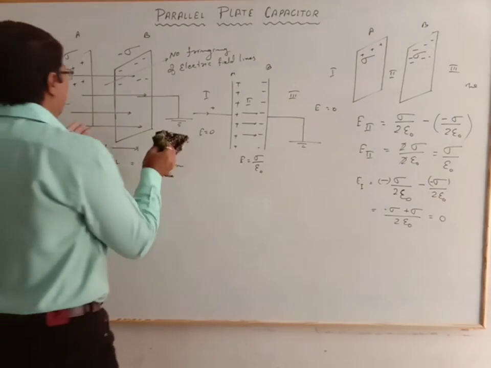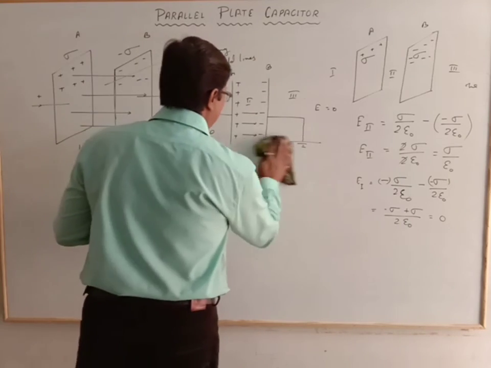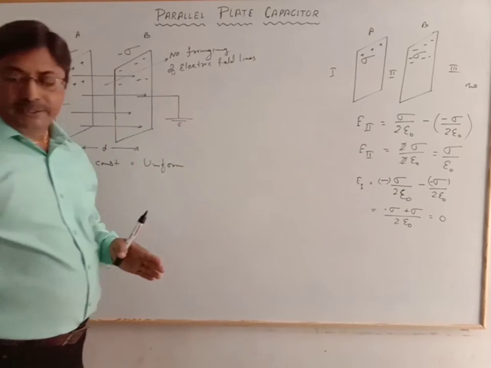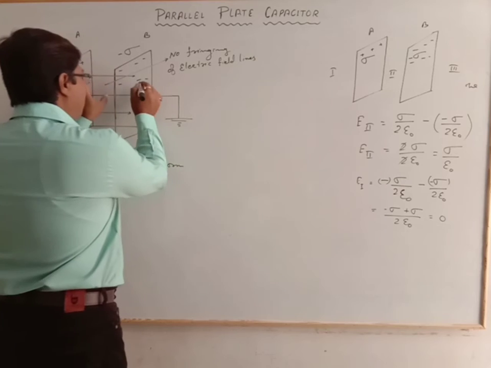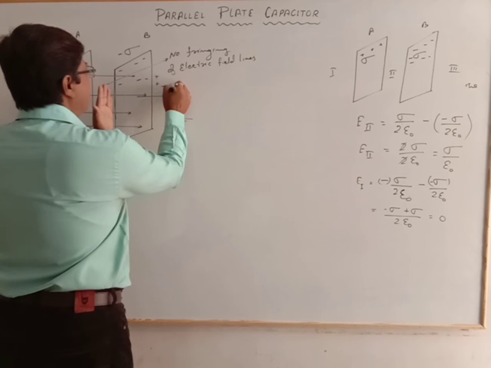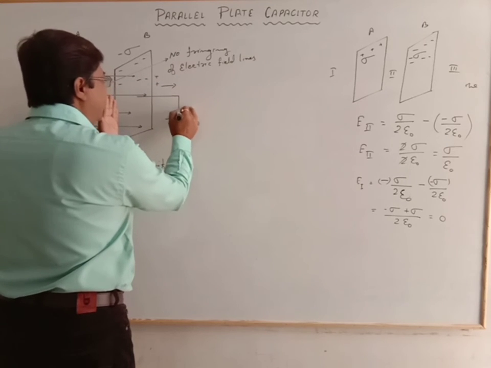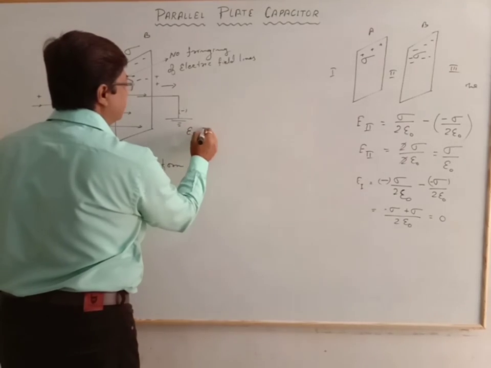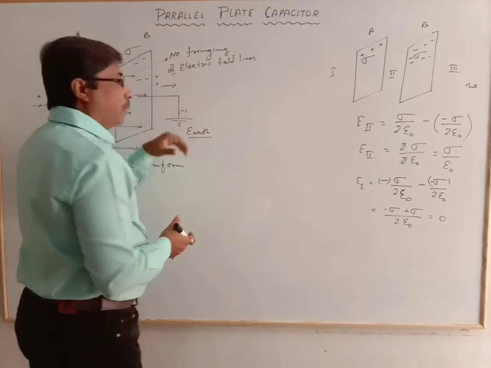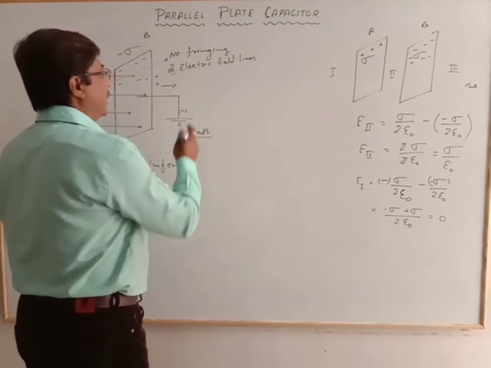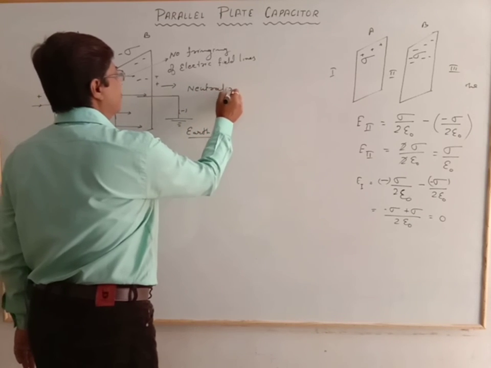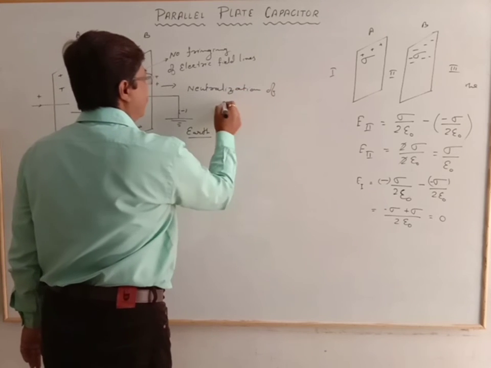Now next we see that in the case of the parallel plate, I have written earlier also, but here also I would like to write that whatever the induced positive charge in plate B, all this positive charge is neutralized by the negative from the earth. Earth is a huge charge body, so electrons will run and neutralize the positive charge.